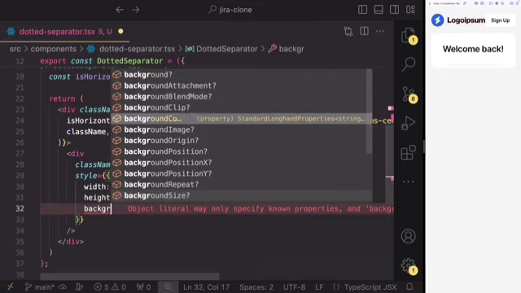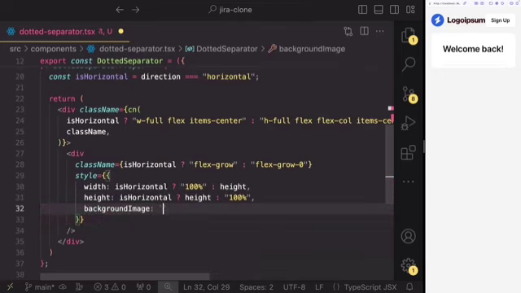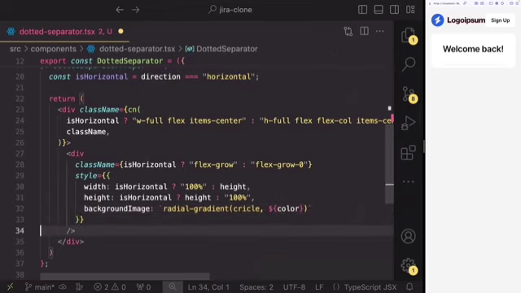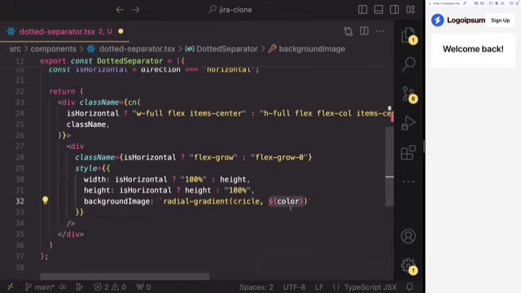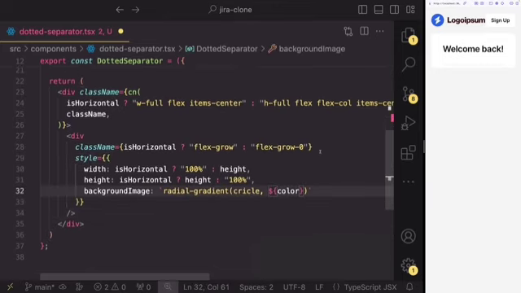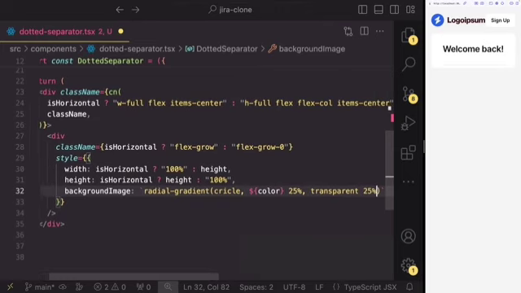For the background image, we're going to open backticks and write radial gradient. Make sure that whenever you're writing this, you do it exactly like this, so make sure there are no typos here. It's going to be a circle. We're going to add a color variable here. This is the kind of thing we are not able to do dynamically in Tailwind, so that's why we're using the style prop here. So color, without a comma, just a space, 25%, and then a comma, transparent, and then a space, 25%